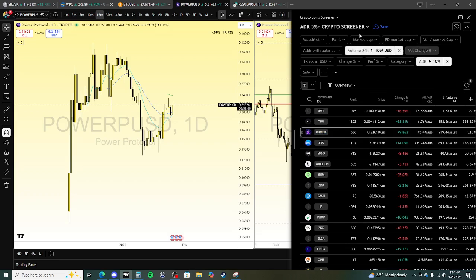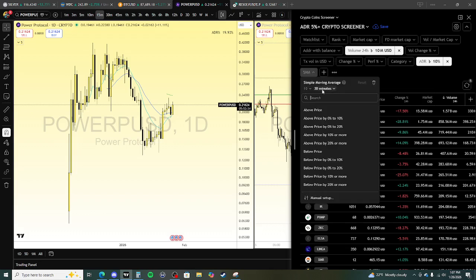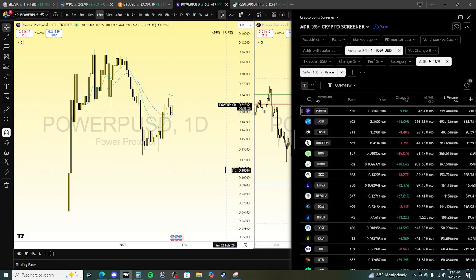Then outside of that, it's the same thing we want to do on the SMA or EMA. Doesn't really matter. It really doesn't matter. Let's just do the SMA. We'll do the 10, and we'll make sure it's on the daily time frame. And we want it below price because we're looking for longs, right? So now we have 43